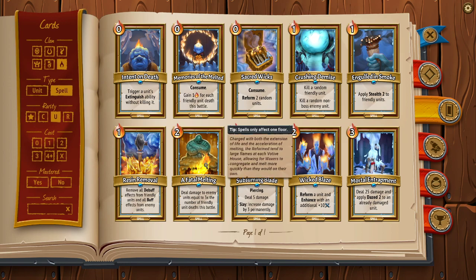Next up, Fatal Melting. A 2-cost spell that deals damage to all enemy units on this floor equal to 3 times the number of friendly unit deaths this battle. This is a nice chunk of AoE damage to an entire floor, but it does require some setup. You can't really make use of it the first turn, and it might take a while before the damage actually